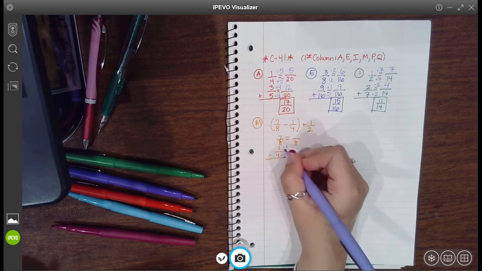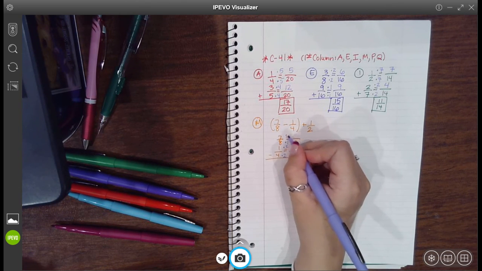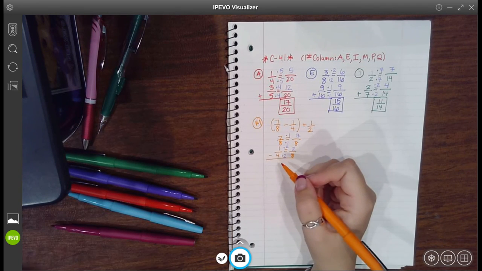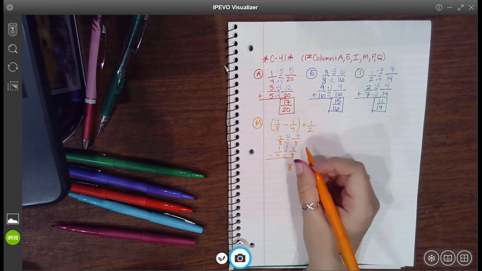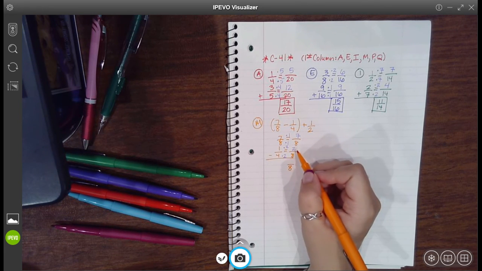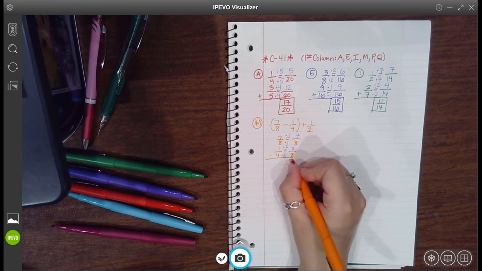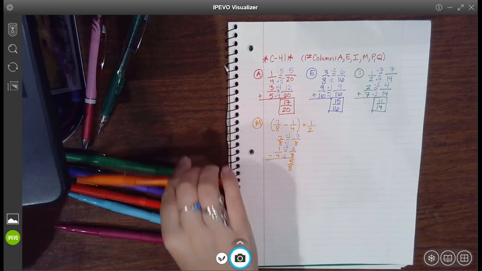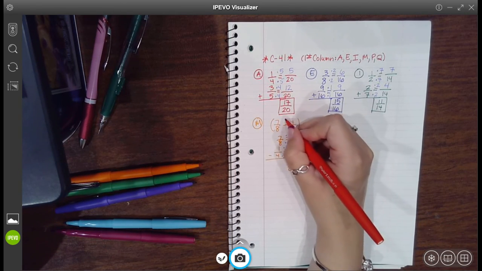So same thing on top. 1 times 2 is 2. 8 times what is 8? 1. So same thing on top. 7 times 1 is 7. Now it's the same thing as when you were adding. I keep the denominator the same, but the only thing that's different is instead of adding those numerators, I'm going to subtract them. So 7 minus 2 is 5. Can I reduce it? No. Is it improper? No. So I technically would be done, but not quite yet,